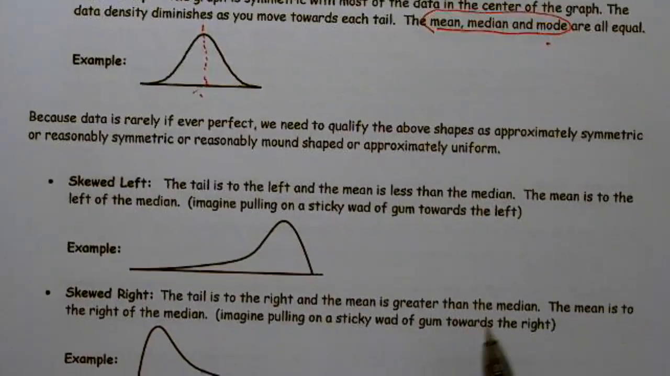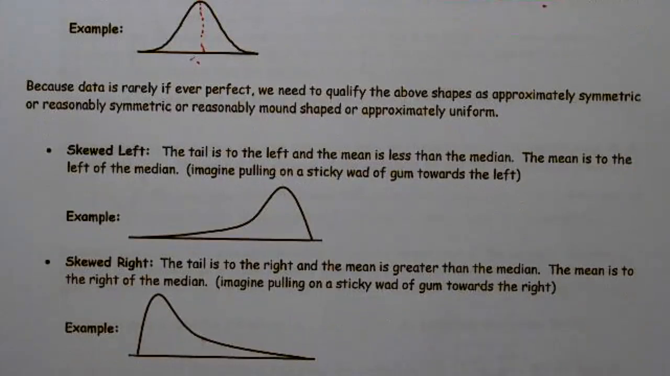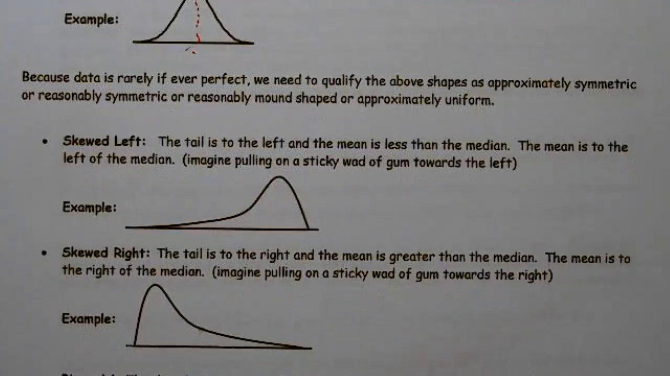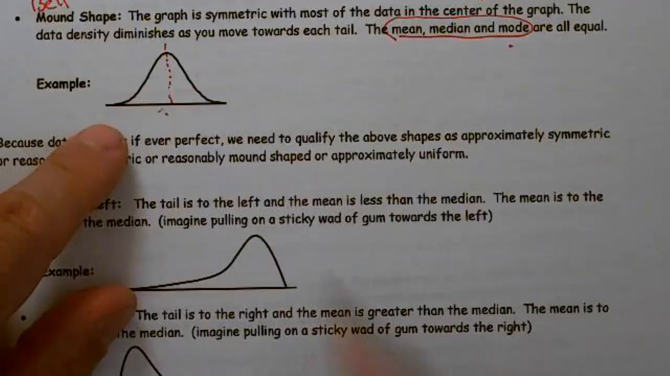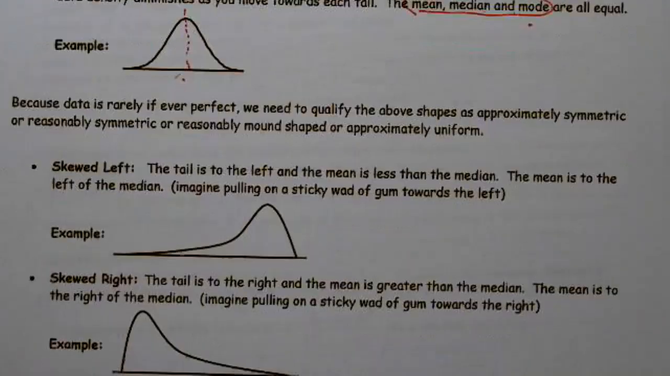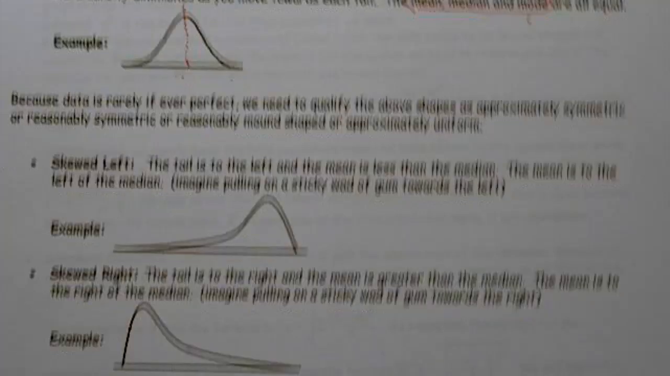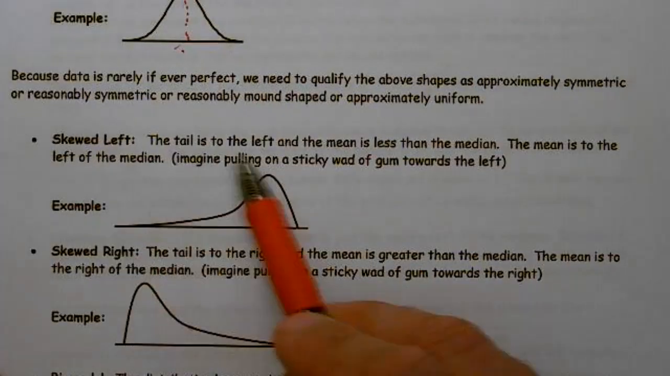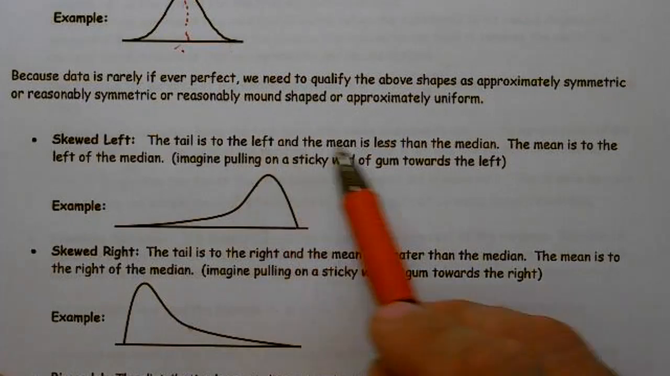This next shape is skewed. We're going to talk about skewed, which is extremely important, so please pay careful attention. It's really important you get a handle on this. And by the way, when it comes to skewness, students ask, hey, can that be skewed left and skewed right? There's no such thing. It's either skewed left or it's skewed right. It cannot be both. So skewed left, the tail is to the left and the mean is less than the